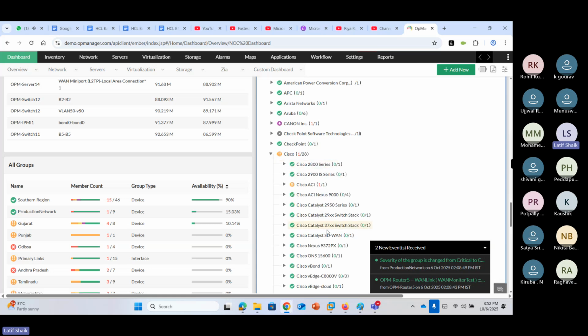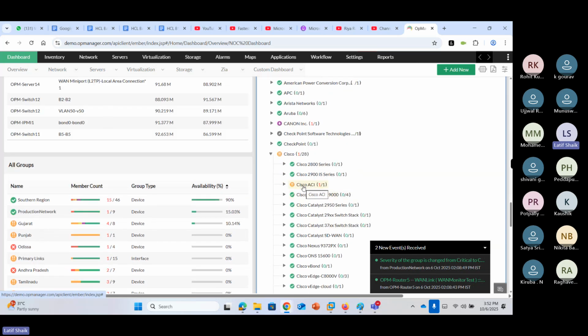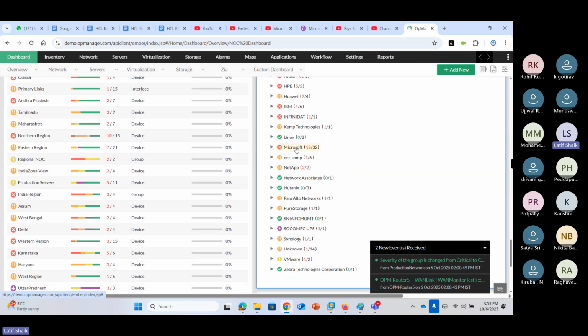For Cisco routers, there are 28 Cisco components in total, and one of them requires troubleshooting. Then Canon, a printer, and that printer is down right now. So vendor-wise, you can get which devices are not working and need troubleshooting. Palo Alto is a firewall, and this firewall needs attention right now.